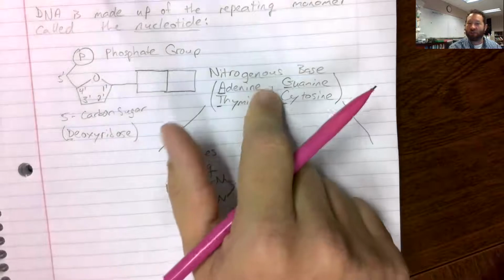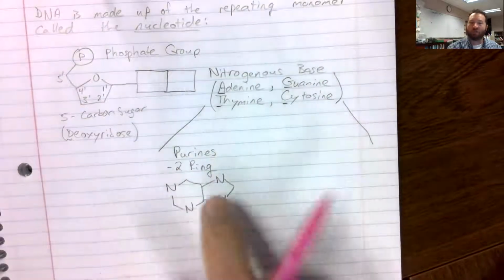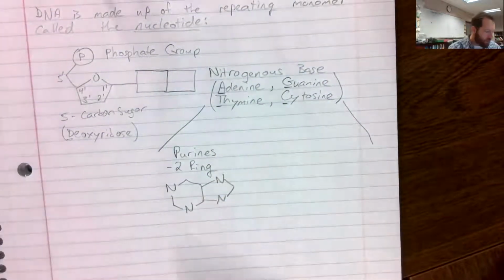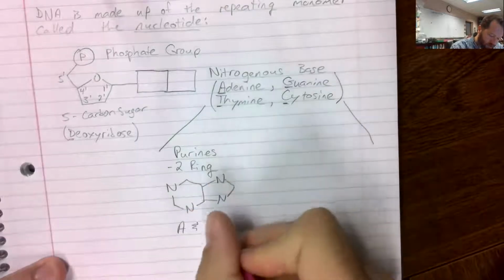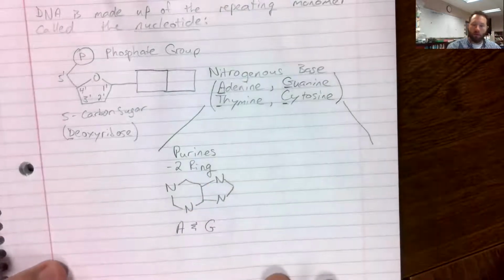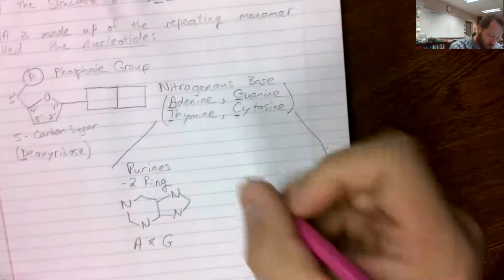So, hey, you can see it's called a nitrogenous base. It's a base that's full of nitrogen. So the 2 purines are A, adenine, and G, guanine. Those are the 2 purines. We also have